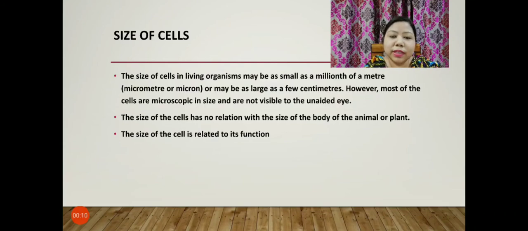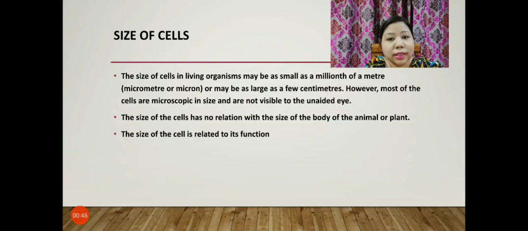So the size of the cells in living organisms may be as small as a millionth of a meter, that is, a micrometer or micron, or may be as large as a few centimeters. However, most of the cells are microscopic in size and are not visible without a microscope. So we cannot see most of the cells with unaided eyes. We have to observe those cells under the microscope because most of the cells are very small in size,